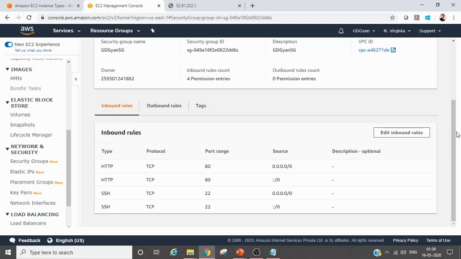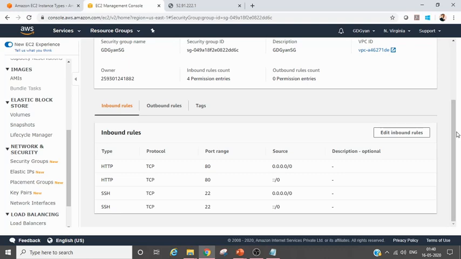One more thing, a lot of questions come on the comparison between security group and network access control list, NACL. So security group is stateful, network access control list is stateless. So you have to define separate inbound and outbound rules for that. Here you cannot block a particular IP, right? There you can block a particular IP. So I'll discuss more on NACL in our networking part. But for now, you understand security group is stateful, NACL is stateless.